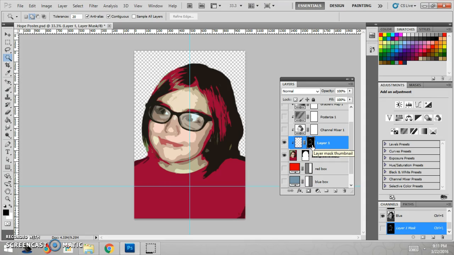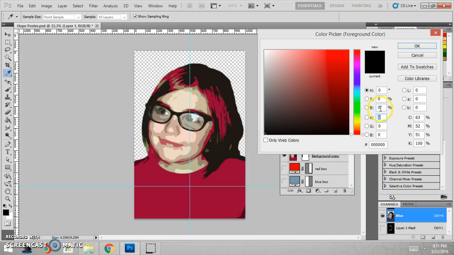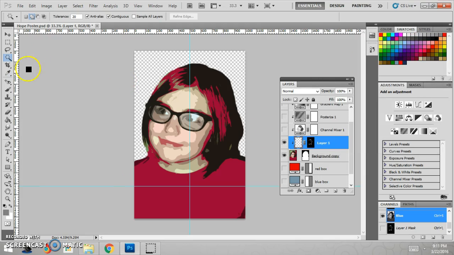Okay, and then on this new layer, where the transparency part is, we're going to paint on this layer with a gray. So we're going to click on the layer, not the mask. And just click over here to make it black, and then click over here, and let's just set it to 50% of black, which is gray, right? So 50%, hit OK, and then just take a nice big paintbrush, and you can just paint on here. We're just filling the whole layer, basically, so a big old paintbrush is perfectly fine. So you're going to paint that in here, and because it's a layer mask, you're not going to see it except where that magic wand area was selected. So that area that was that light brown a minute ago is now gray, okay? So we've got that in there,